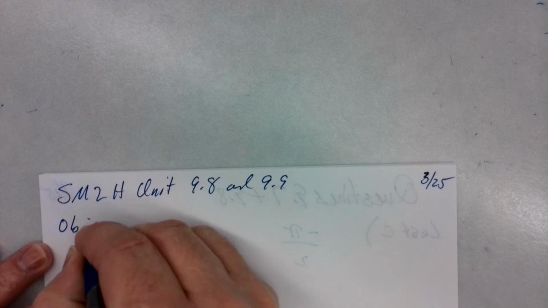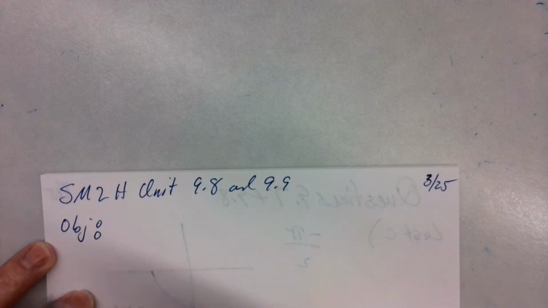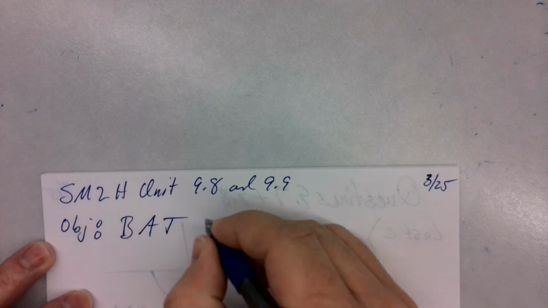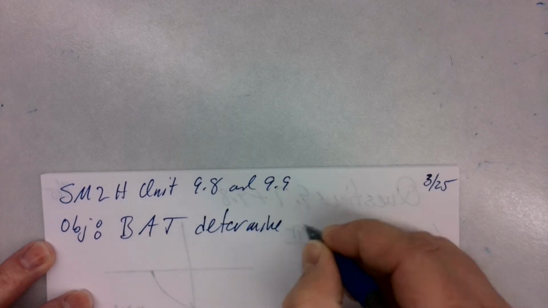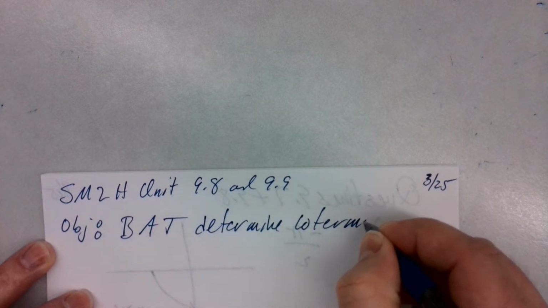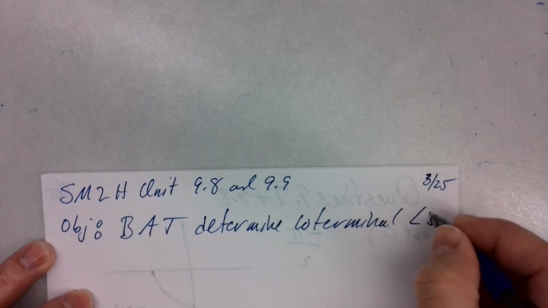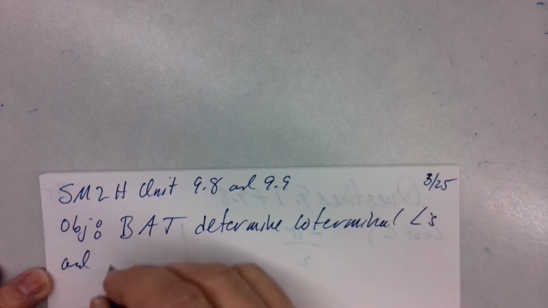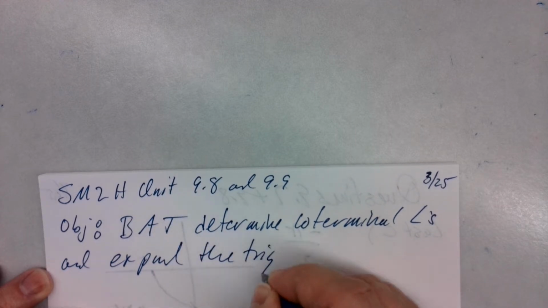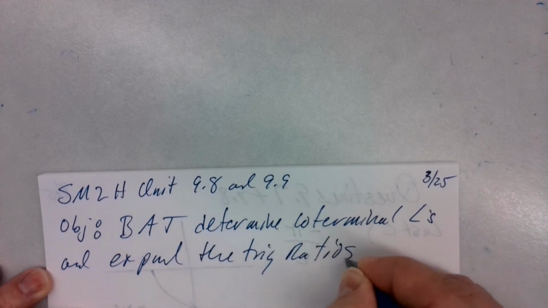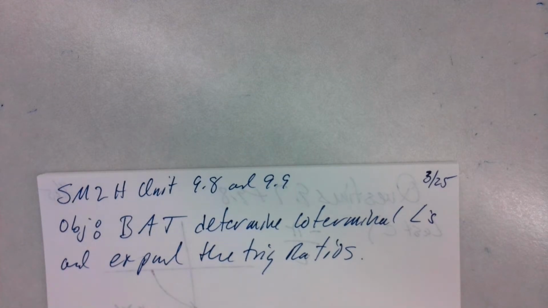Our objective is going to be able to determine coterminal angles and expand the trig ratios. Now, 9.8 might be, I don't know, the easiest assignment I've ever given,